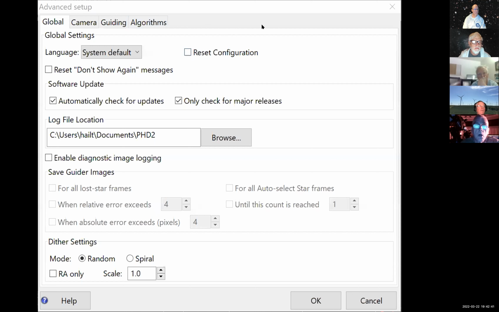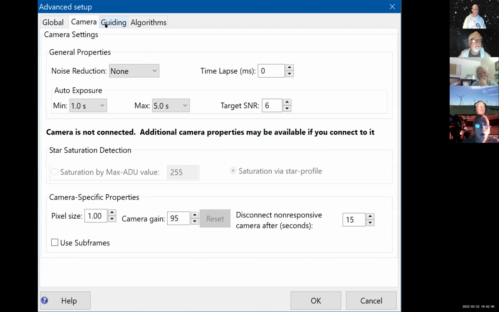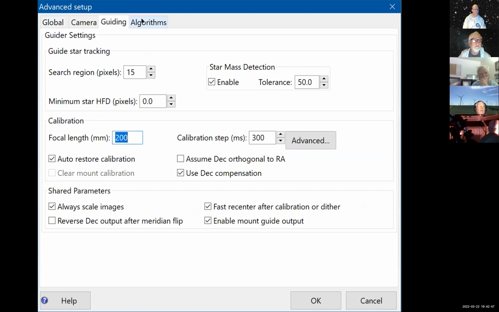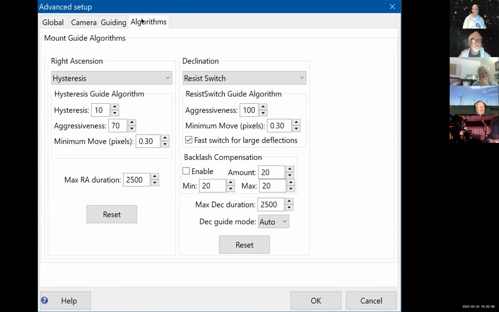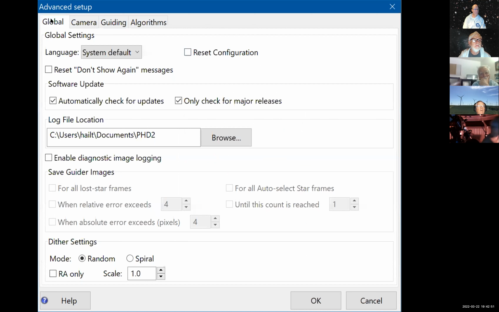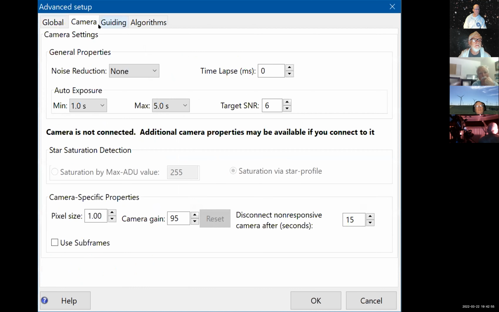So where you get that, I think, is under advanced settings. You go and then you can edit it. Otherwise, but anyways,